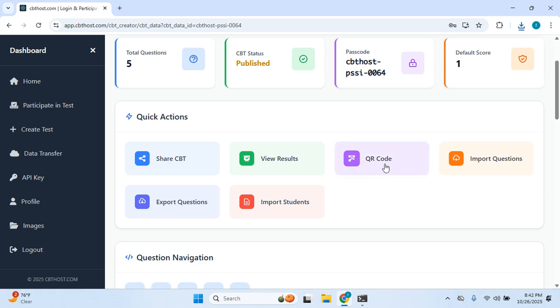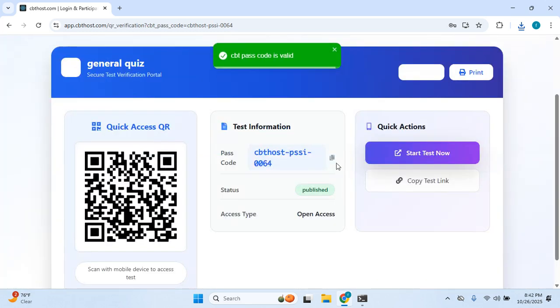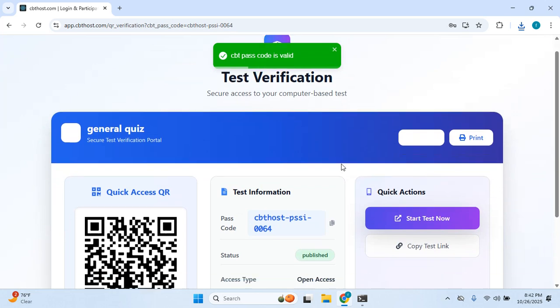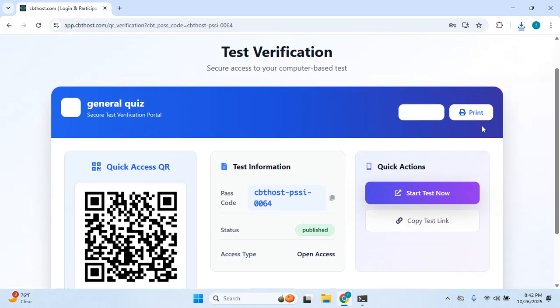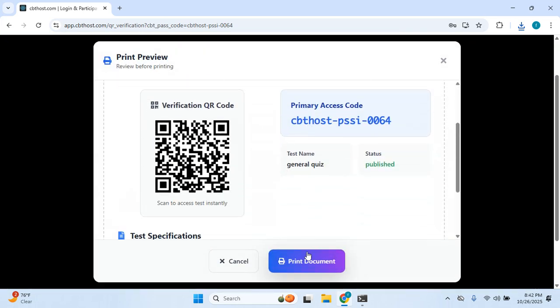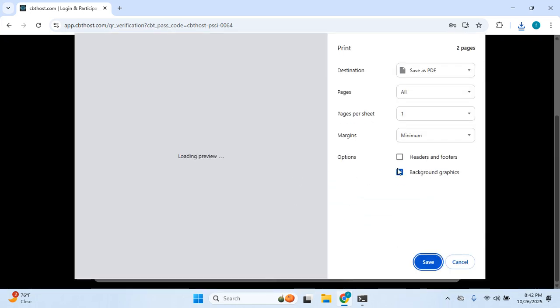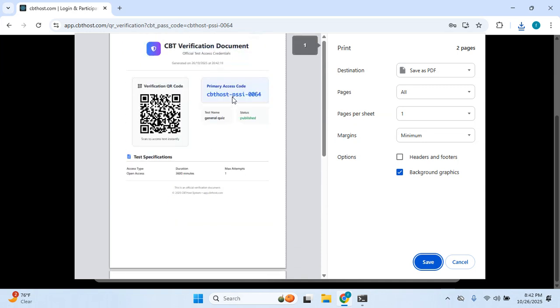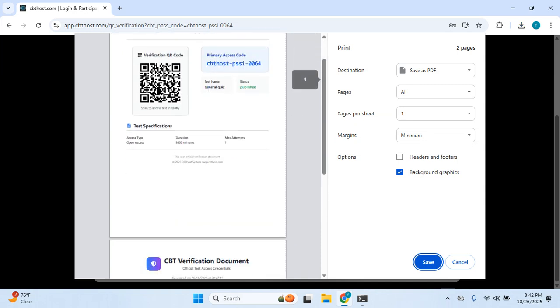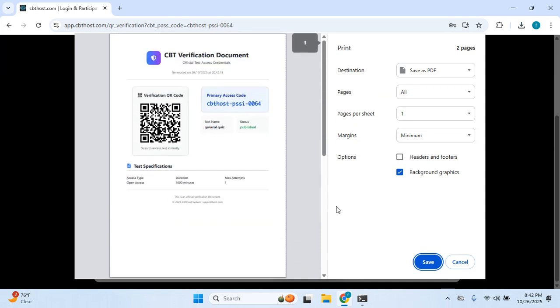And maybe you want to share the link. You want to share it, you can click on here. You want to share the test, you can print this page or save it as PDF. Click on print. So you can send the link to the student. You can send it to the student and then scan and write the test. Or